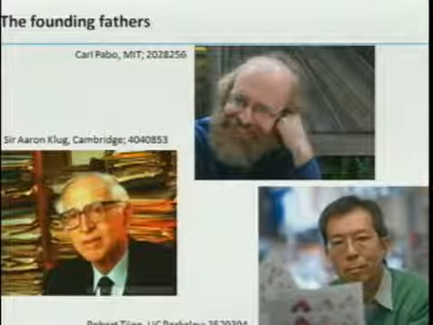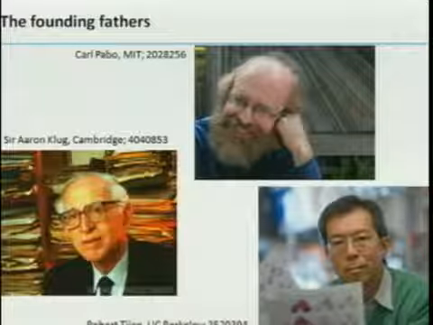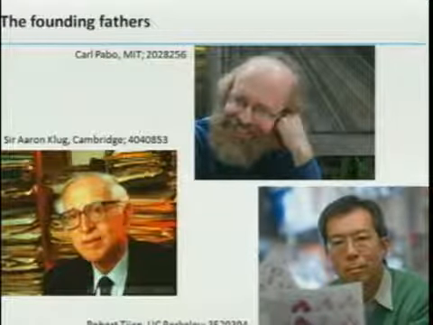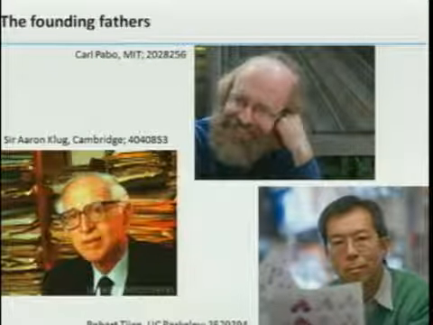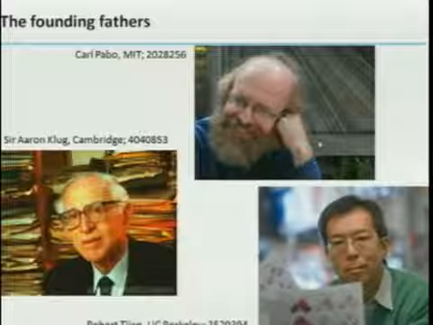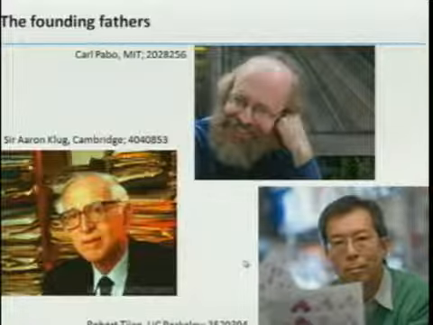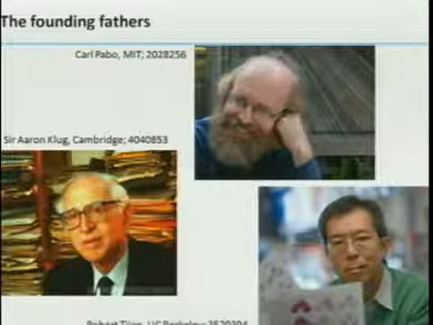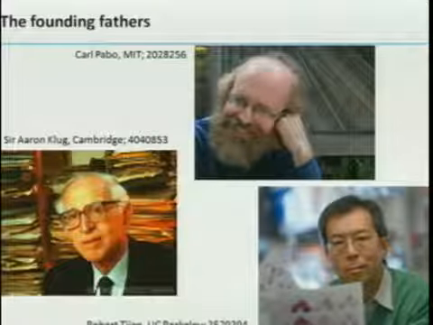This allows me to remind you of the structure of DNA and then show you these structures in more detail. Before I do that, I cannot not acknowledge the founding fathers who have made the world that we live in, conceptually speaking, possible. The zinc finger was discovered by Sir Aaron Klug. Its structure that I'm about to show you was solved by Carl Pabo. However, the first human zinc finger transcription factor was purified here at Berkeley in Robert Tijan's lab. So we have many things to be proud of, and this achievement is one of them.